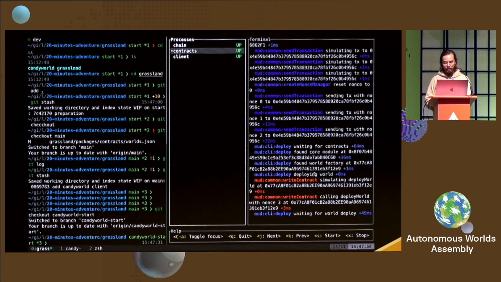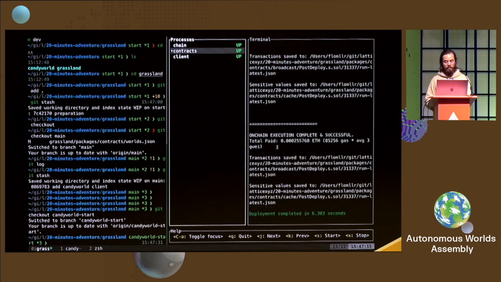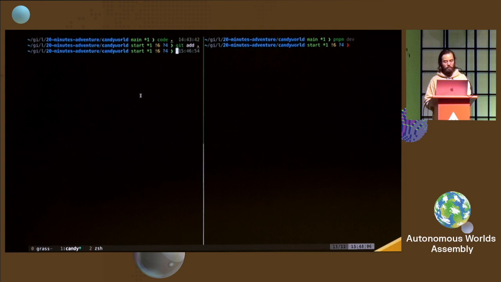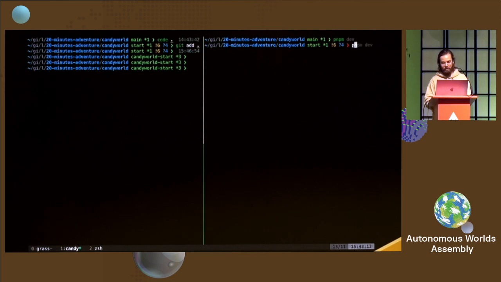So we're deploying the world and then running our post deploy script. So we have a new world deployed to 0x6E94. And then I can now go to our new project. So we're now a new developer, and I can go to my Candy World project and then run pnpm dev on here,